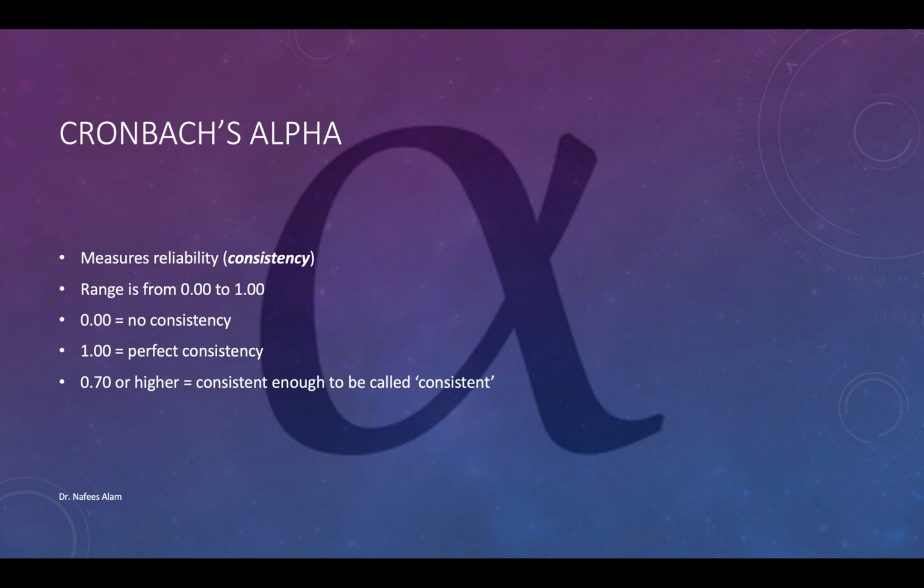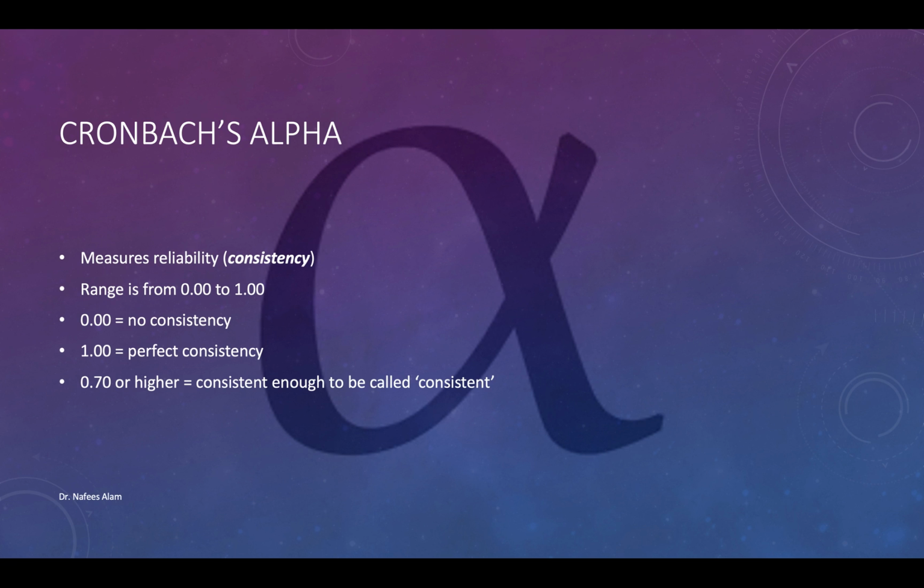That threshold in the physical sciences and in the social sciences is 0.70 or higher. So if you have a Cronbach's alpha of 0.70 or higher, you can responsibly say that the data is consistent enough to be called consistent. So you can say that the data is consistent, the data is reliable, because the Cronbach's alpha is 0.70 or